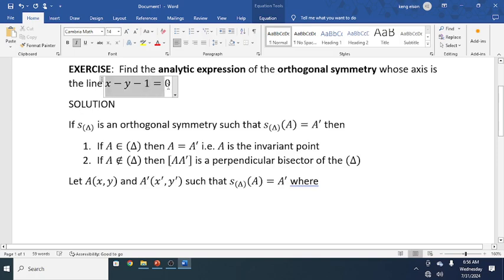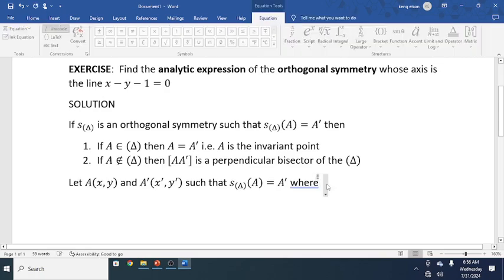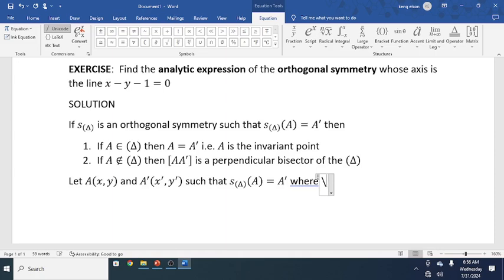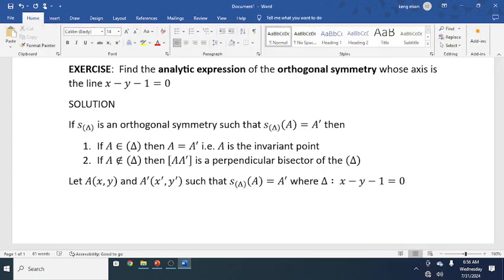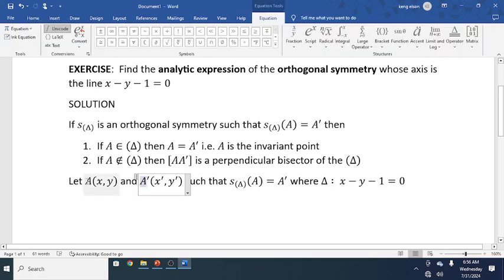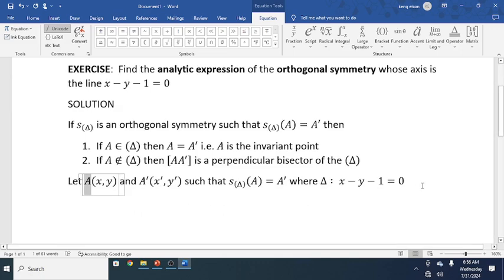So the analytic expression of this orthogonal symmetry is basically a system that relates the images of every point with the points themselves. So it's going to relate the x and y coordinates of the image of this point to the x and y coordinates of the point itself. Then we will see how we can take it to the complex plane. Like we said,